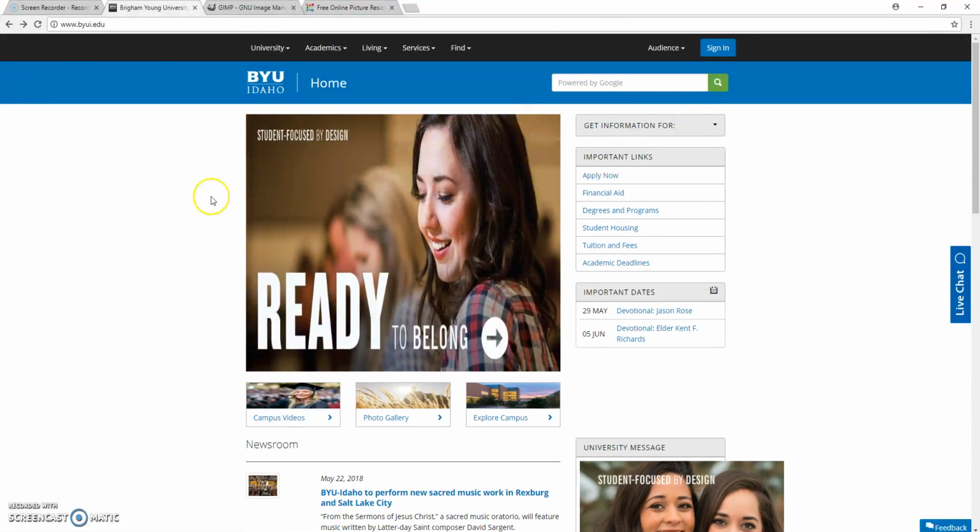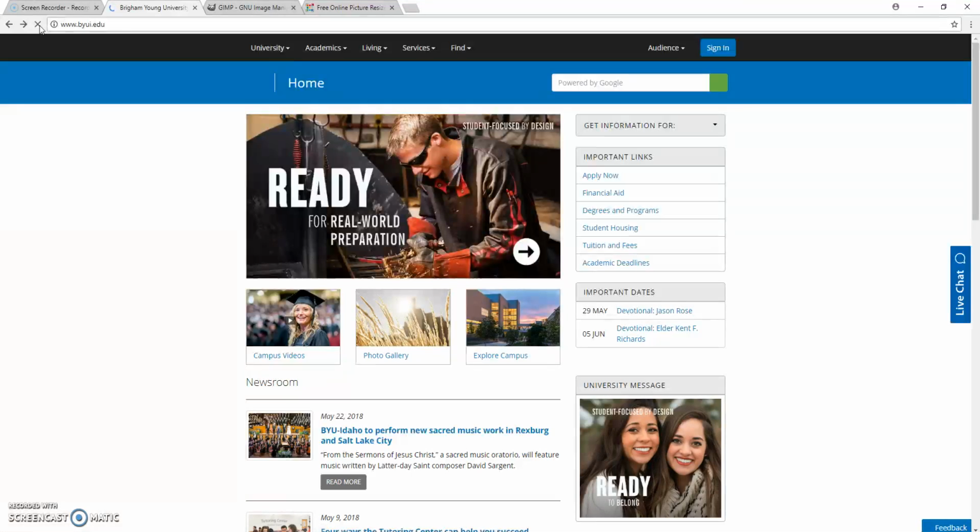So obviously I have gone through and changed a few of the dimensions on this page to give you an example of what a poorly sized image can do to a website and how it affects the user experience. Having properly sized images will have a positive user experience for your visitors. Let's go ahead and refresh this page. Okay, so as we can see, the images are back to the size they were originally